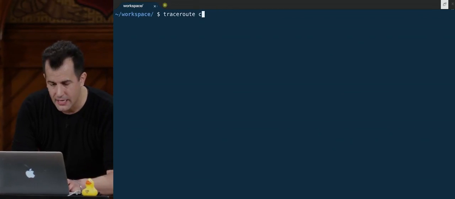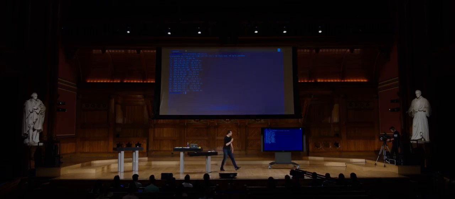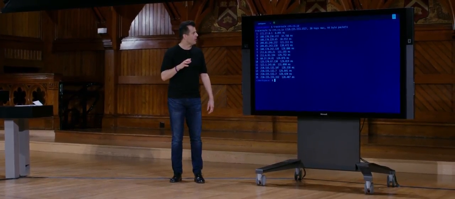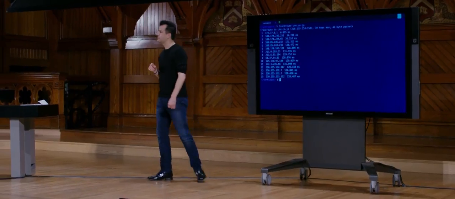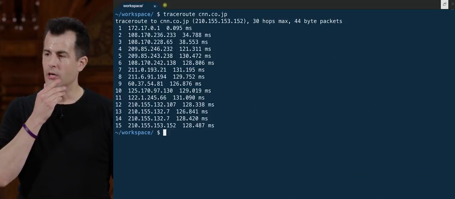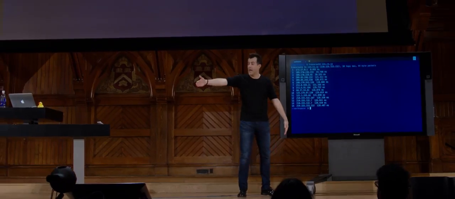If I go even further, and I read like a company's news, like cnn.co.jp, which is the top-level domain for a lot of servers in Japan, you can see a real uptick in just how many milliseconds it takes. And in fact, there's something curious here. Why does it take so much more time to get from router number 3 to router number 4, do you think? Well, the ocean, yeah. So there's this really big body of water in between the US's west coast and Japan's coast,